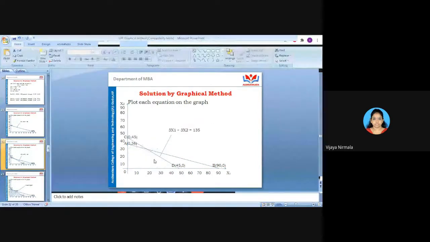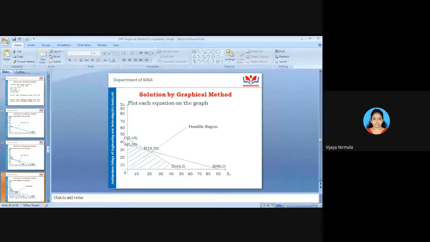Identify the value. So where has it met? See that. In x1 it has met at 15 and in x2 it has met at 30. 15, 30. Okay, in this you may not see it properly. Why? Because the variations are different here and here. But the intersecting point for these two, you will get here. That is 15, 30. Let it be P.